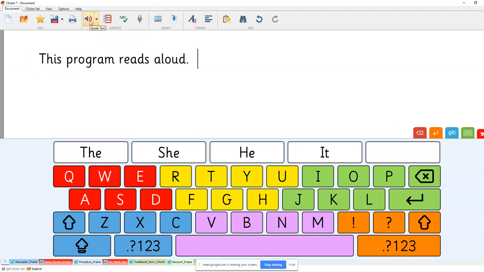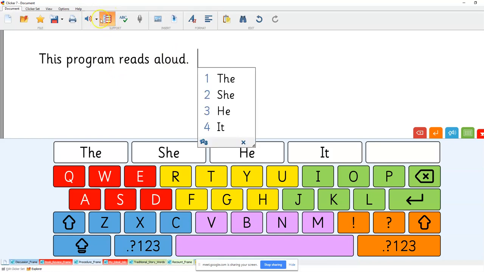But if I want it read again, I put the cursor at the beginning, and it will then read that sentence, and you'll see it highlights in red. Another feature that I like is, I see so many folks are really excited about speech recognition, being able to convert spoken word into typed text. And a feature that I find more accommodating in the general ed classroom for a lot of kids is actually word prediction. And what that is